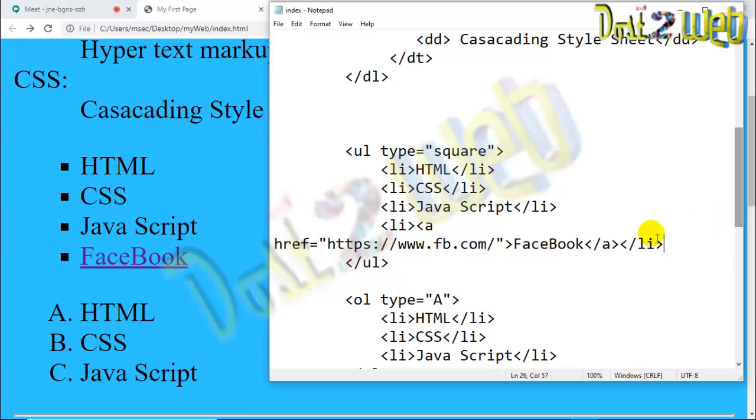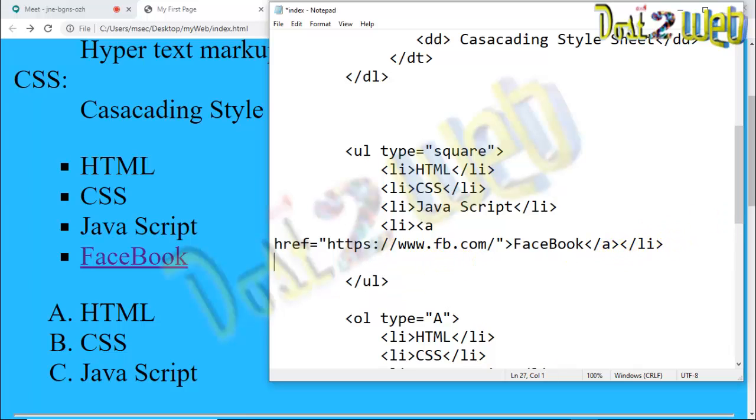Here only we'll use it. As I said, for email, in a similar way, first we have to use the li tag. Then href is equal to, I have to use mailto colon, and I'll write my email ID, pankaj.john11@gmail.com, and close the inverted comma and close the tag.